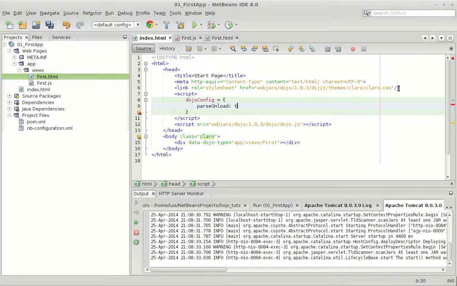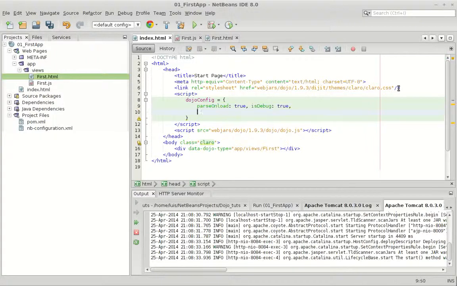I'm going to say true. I'm going to say also debug throw true, and then I'm just going to say the package definition,